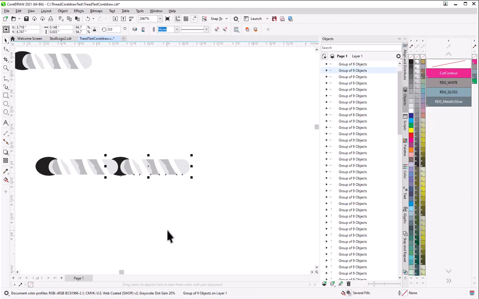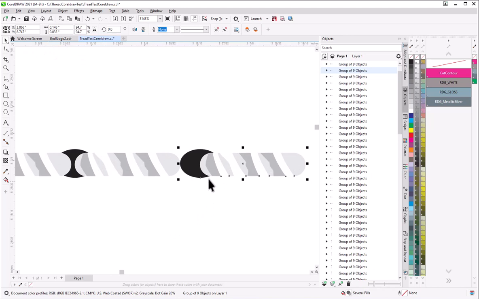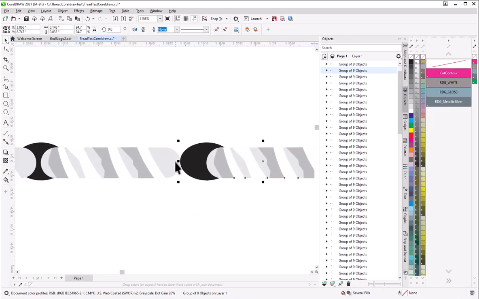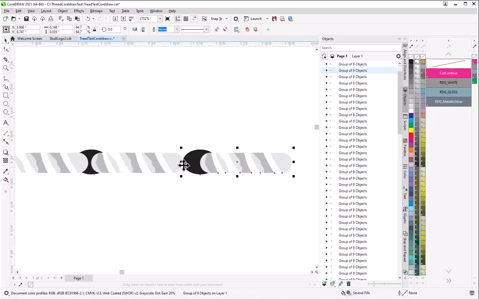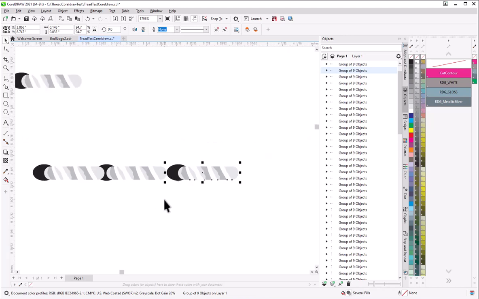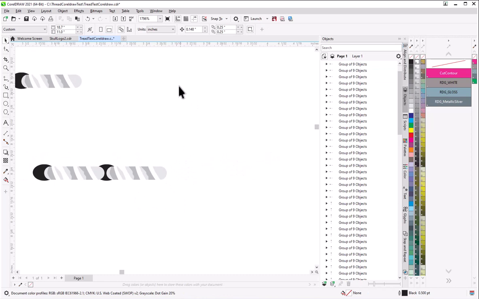So you go plus on your keyboard, then you hit your right arrow one time. Now see, this actually moved it the exact amount, so that wasn't right. This thing is 0.148, so let's delete that one. Let's go back up to the top and set our nudge; I forget what it was. Let's set it for 0.13